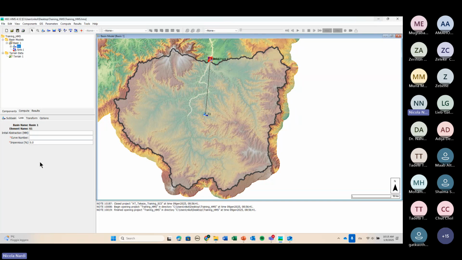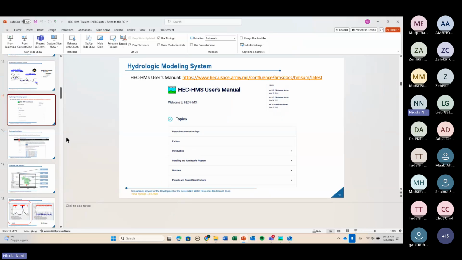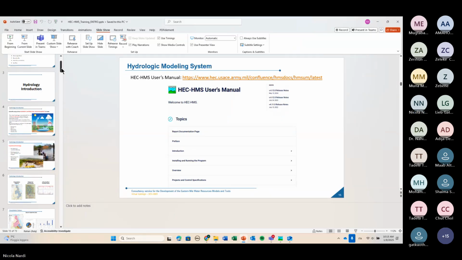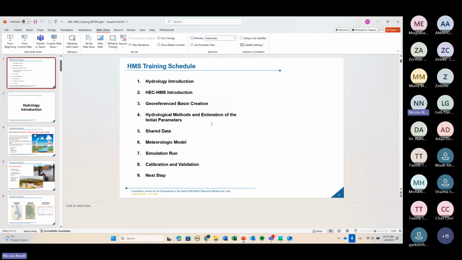As I was telling you, for example, if I have a raster layer of the infiltration, a raster layer of the land use. But then what is really important, and we can go back to the presentation, is the fact that after we have created our model and we have run our simulation, we need to do a calibration and validation. What does it mean? My final purpose of the modeling is to represent the reality. It means that even if I am using a value of the parameter, a value of my curve number that is not correct,